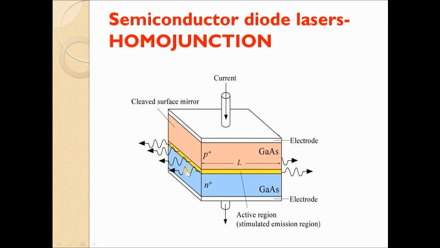The end faces of the p-n junction are usually well polished and parallel to each other, and they act as an optical resonator through which the emitted light comes out. The light to be emitted is called laser, and this is achieved because of the stimulated emission process by achieving population inversion. Let's see how this laser works.